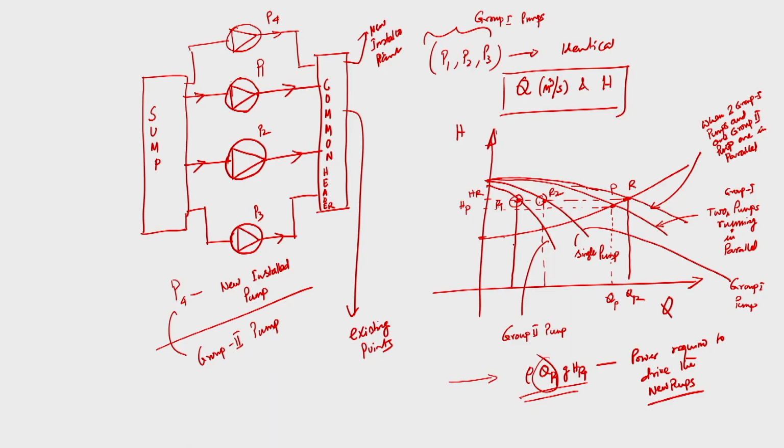So, of course, we may have installed one pump, a newly added pump, only to get the additional requirement. But because of this undesirable phenomenon, we are not able to supply the additional requirement and the pump trips. It has been seen many times by industrial engineers that they face this kind of problem.